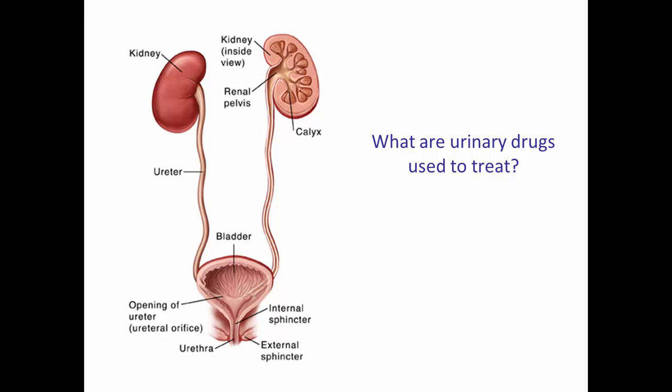So if you remember from physiology, the urinary tract consists of two kidneys. Urine is produced inside of each kidney in little individual units called nephrons, which is made up of a clump of capillaries called the glomerulus and then the tubule. So the little nephrons are located in these structures, which are called the pyramids. They're busily producing urine. The urine then flows into the calyces and then down each ureter and then collects in